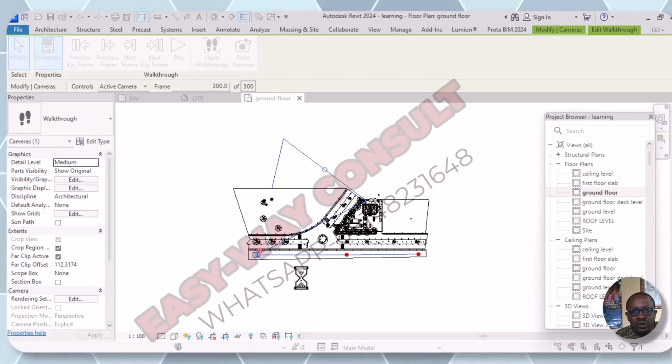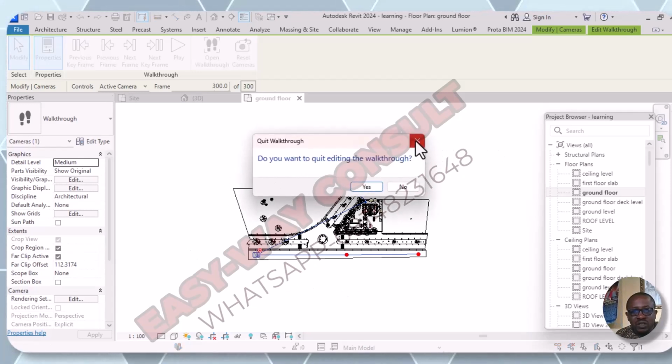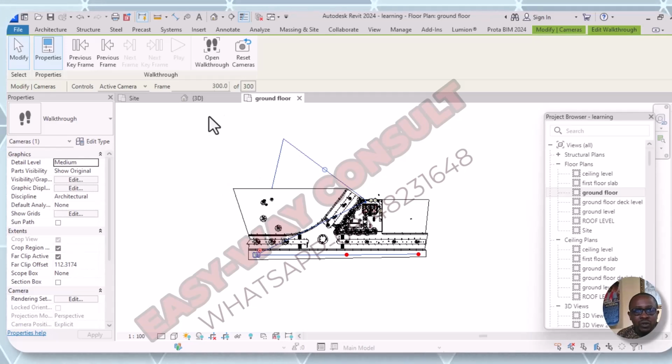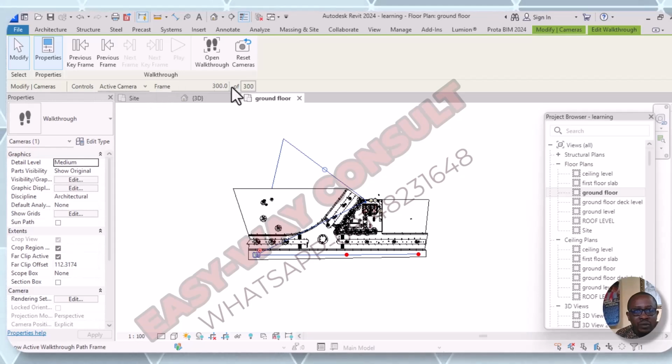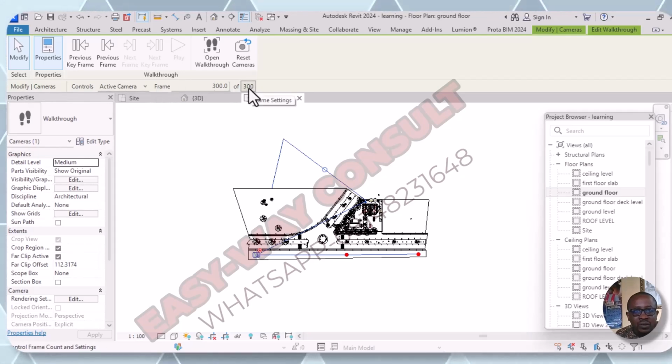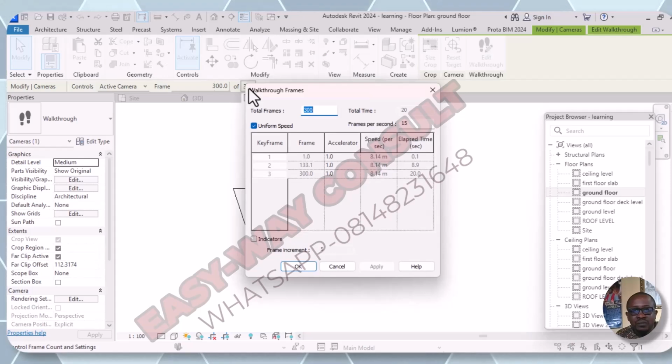Then when you have done this, you click. When you have done this, you go to this place. You can see this modification camera, control activity and the frame. So you control it by clicking to this place. Now here,